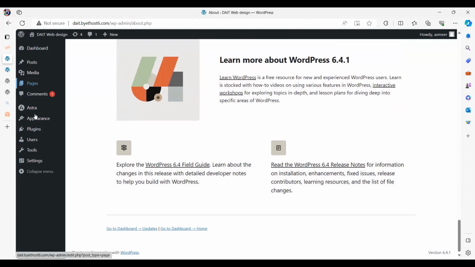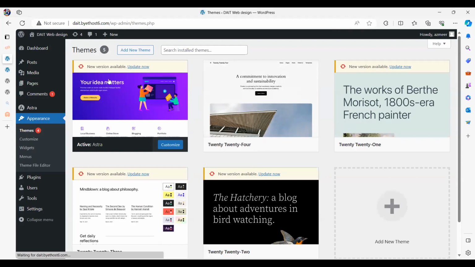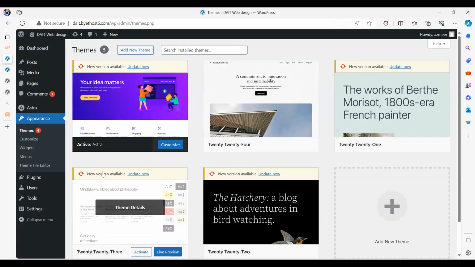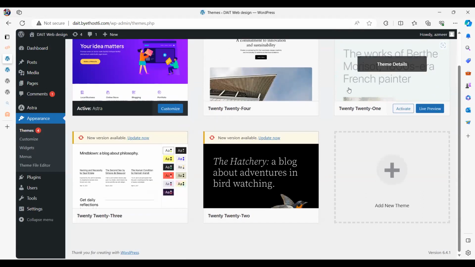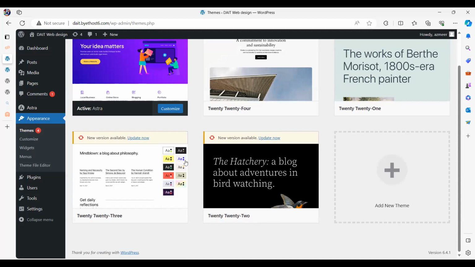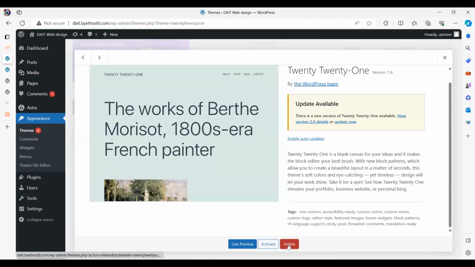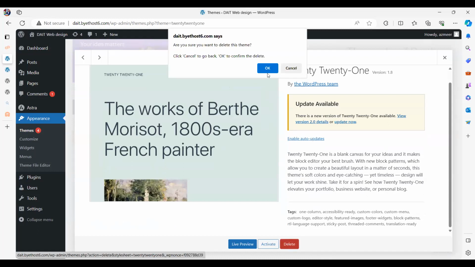Okay. I also wanted to show you because there were other things now. Okay, I got 4 now. Let me go here. Under themes, you can see new version available, all that. Yeah. So if you want to update, you can update. Now themes, if you're not using, my suggestion is in fact delete it. Yeah. For example, 2022, 23, 24, 2021. Okay. If I don't want it, I could delete this. I can go to theme details and you can see there is a delete button. Go ahead and delete it.